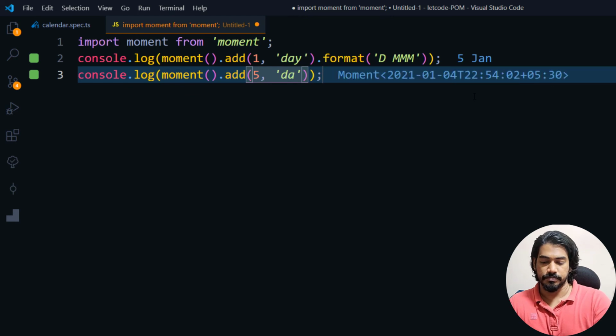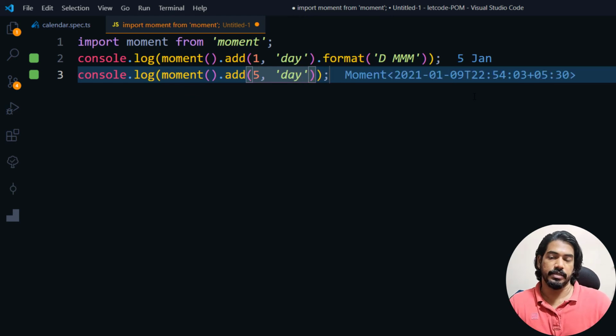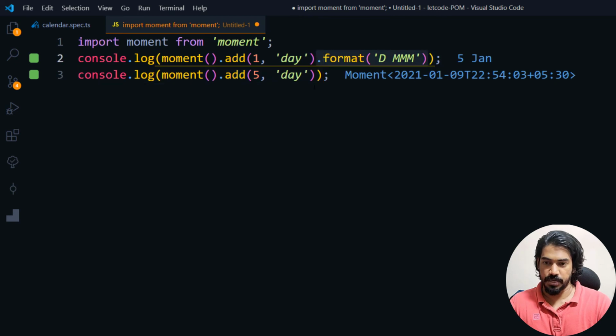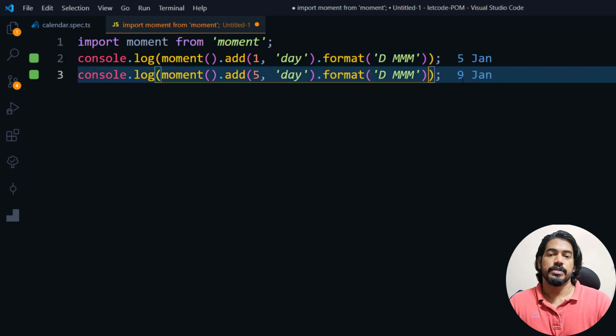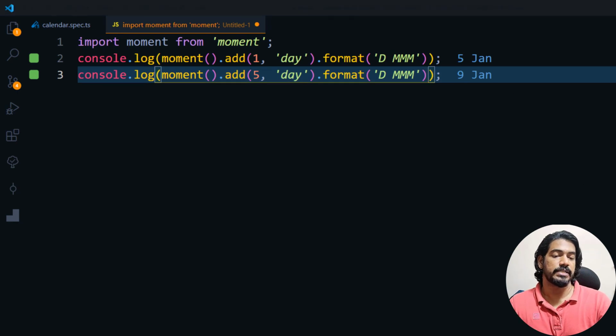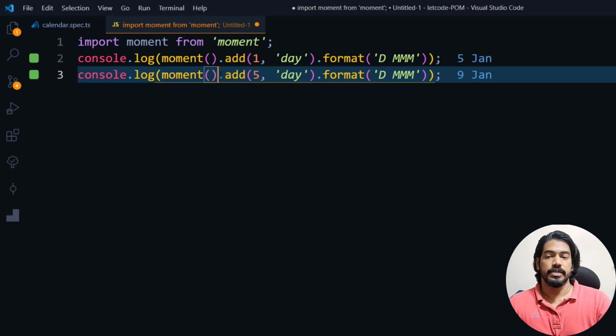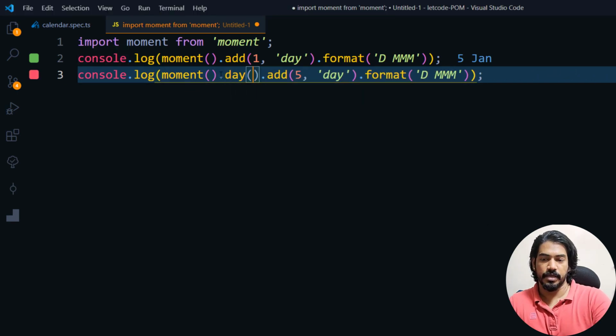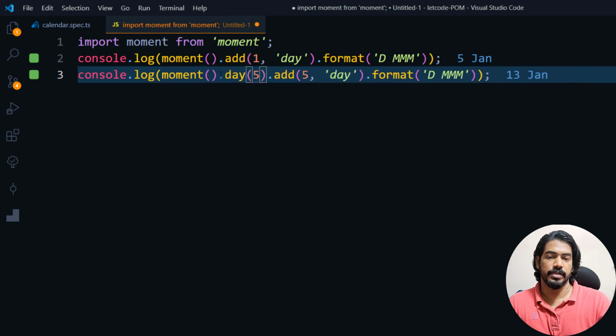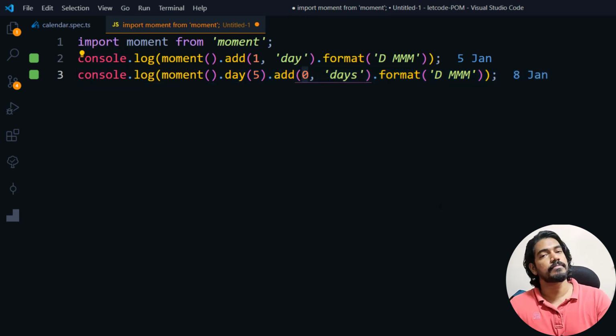And let's give this a format as well. So let's copy and paste over here. Okay, so here you can see it's giving us 9th January. 9th January is not Friday, but we always want to get the Friday, right? So here I can say dot day, and the day of Friday is basically 5, I think. Yeah, so 5. Okay, so here Friday is basically your day 5, and add 0 in the sense this week.